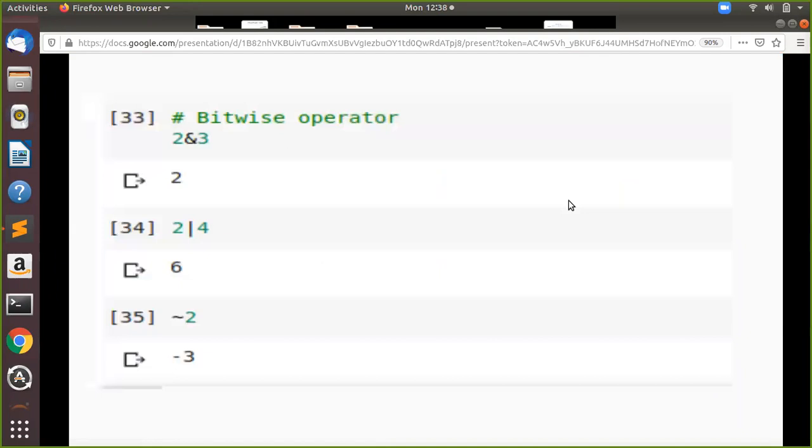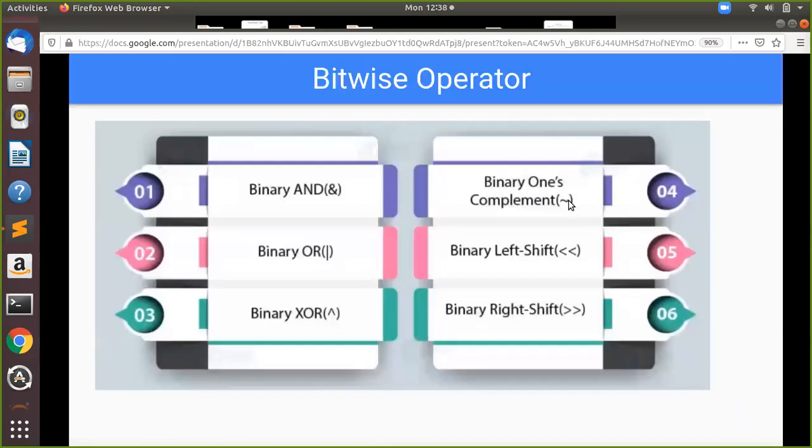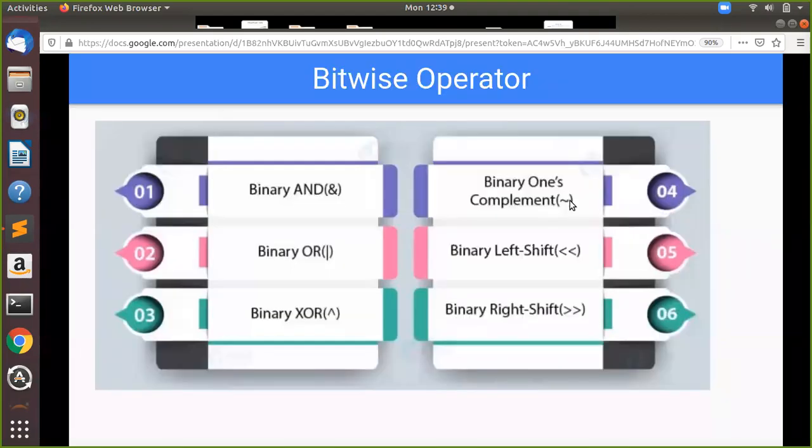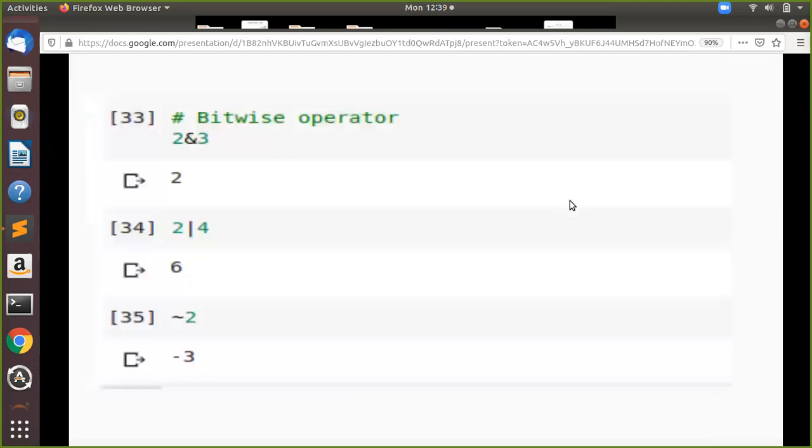See, for AND, to find the binary, you have 2 and 3. 2 is basically 10 and 3 is 11 when we see it in bits. So if you do 2 and 3, you get 2. For this is an OR operator. So 2 OR